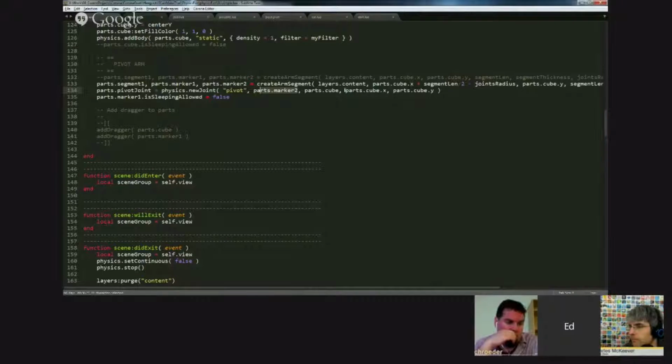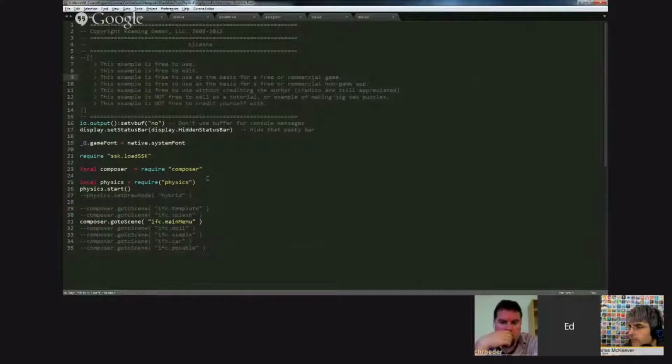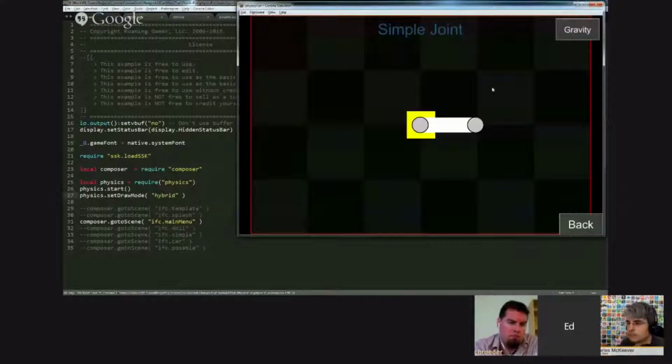Okay. All right, and then this part says, physically in the world, where is the joint? One of the things that people mess up all the time is the positioning of the joint. But you can easily fix this problem by turning on hybrid drawing, running the physics example that you're working on, and then you can actually see where the